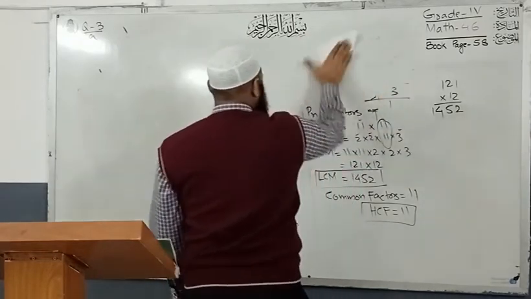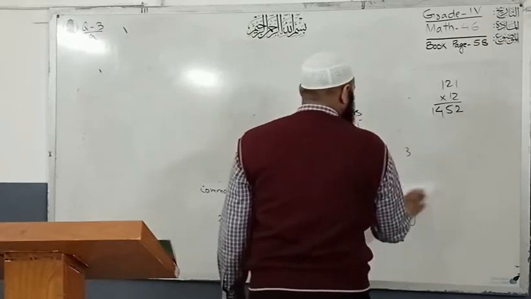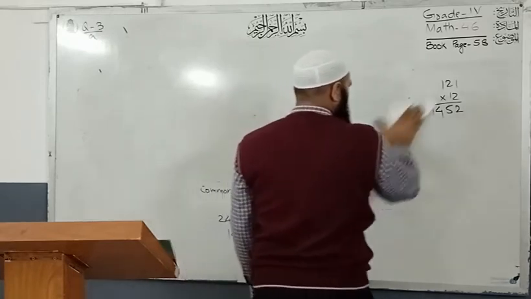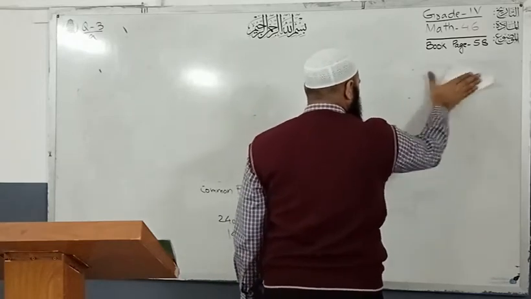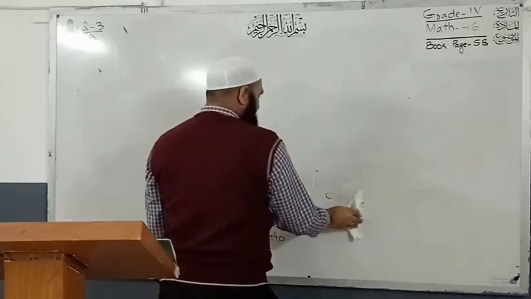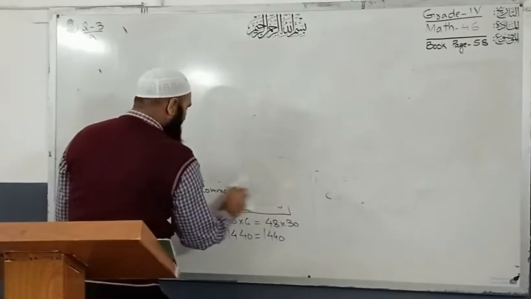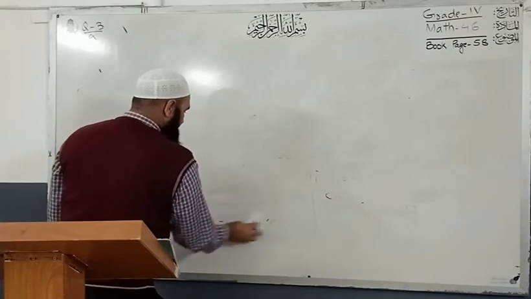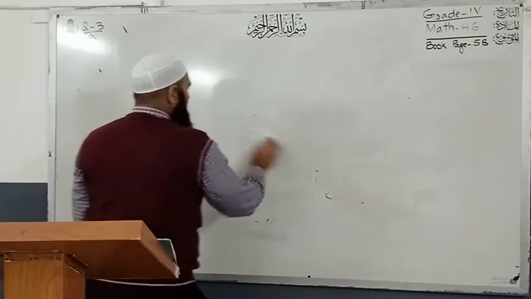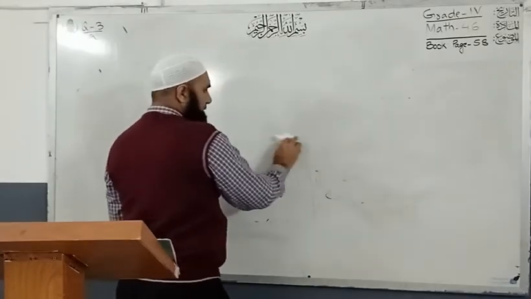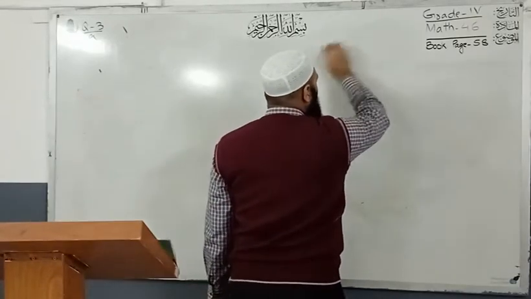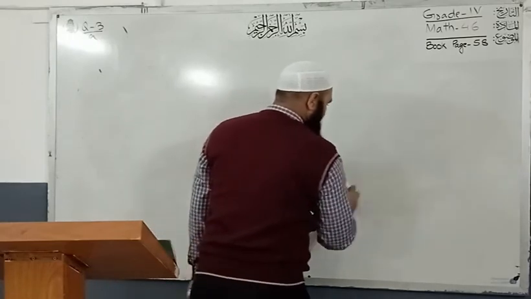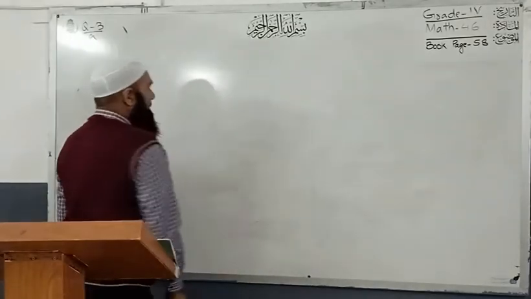Hope you understand. This is very easy but very important for your next classes, finding the prime factors and LCM of a pair of numbers by the division method. The prime factorization method will be in the next classes, grade 5. So these are very important. Don't miss them. If you don't understand, ask me on my WhatsApp number. I will inshallah explain it to you again.